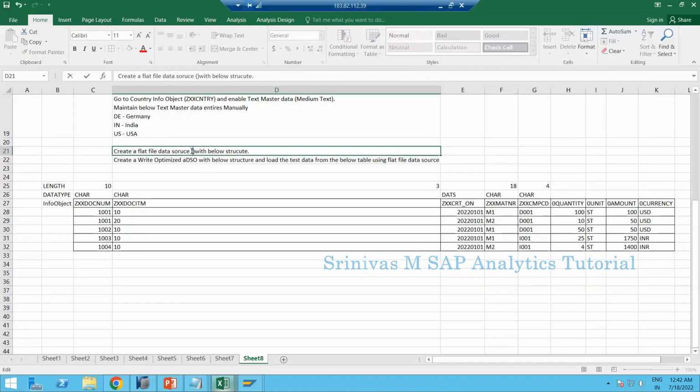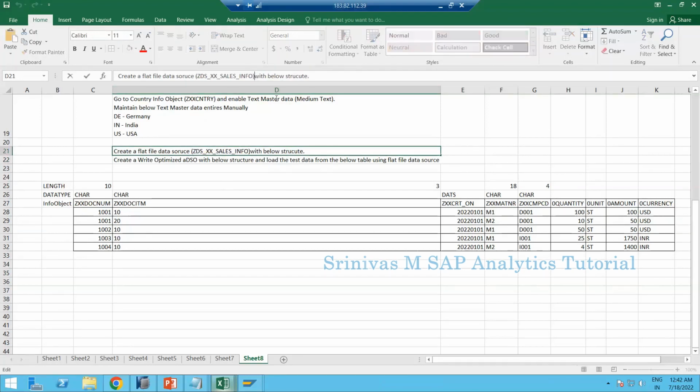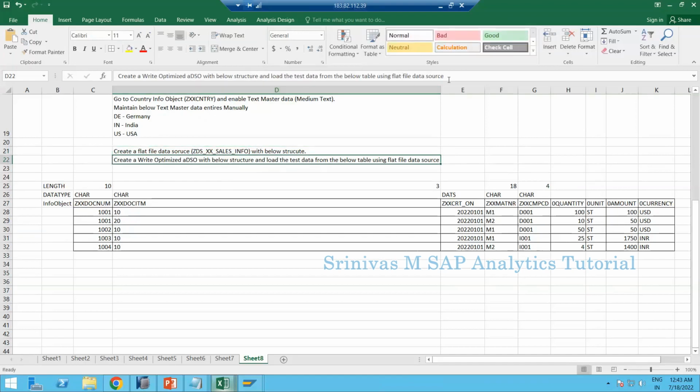So what is my DS_XX_SALES_INFO? Okay, so this is the data source. So now I'm going to copy the same thing here from the flat file data source. I'm going to give technical name here, and when I ask you to create write optimized ADSO, I'm giving technical name GXX or else XX_